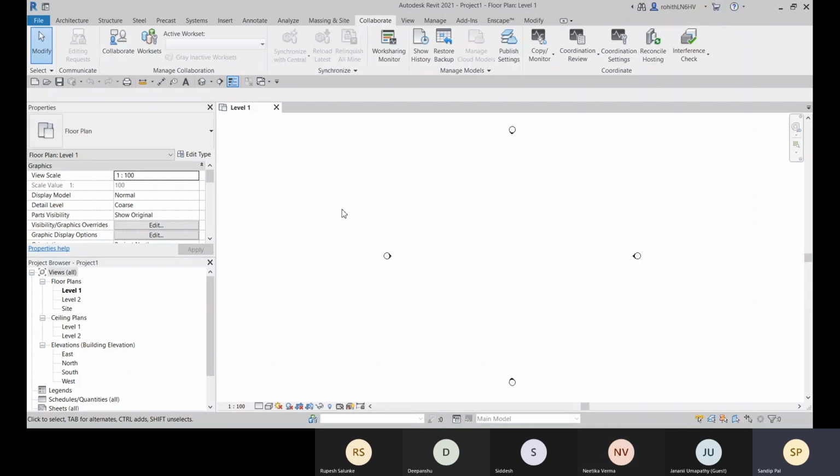Was it okay till that slide, or should I continue from that slide? We missed some part in the slide also, but you can continue from here only. We have understood that.